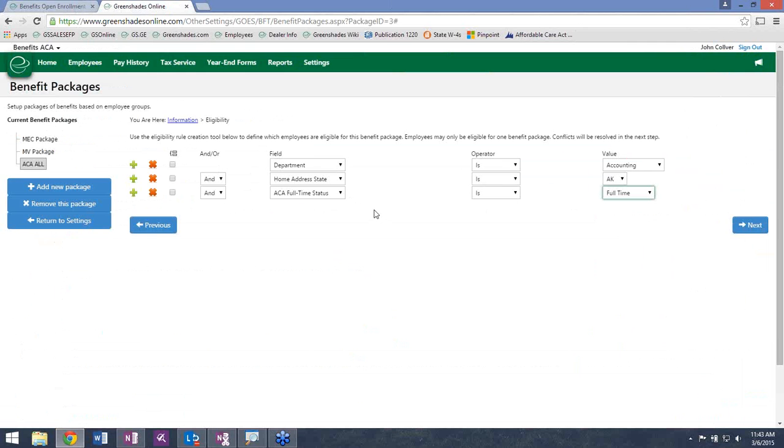tracking of the Affordable Care Act compliance relating to minimum essential coverage and minimum value plan, so we can include these eligible employees in the 1095-C reporting, because that's the driver for the 1095-C: everybody who was eligible at one point during the year, whether they waived or they enrolled, needs to receive a 1095-C.